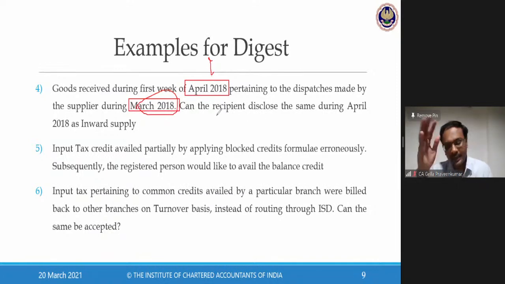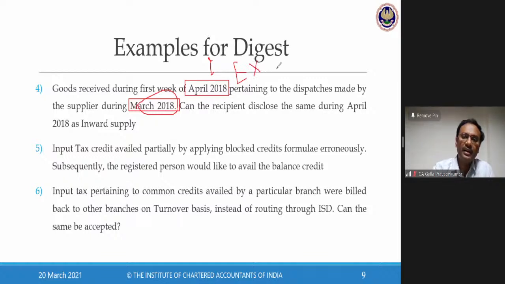This is the question. Practically, we would recommend, please examine your commercial terms. Is it ex-works or is it FOR? Is it CIF, cost, insurance, freight? Now, what is the nature of the transaction? If the ownership passes at the factory gate of your supplier, the moment goods are given to the transporter, we have this bailee concept. The moment goods are given to the transporter, the transporter gets into the shoes of the entity as a recipient of goods. Section 16(2): you cannot avail input tax credit unless you receive the goods. So in this case, the moment goods are given to the transporter, it is deemed that I have received the goods.